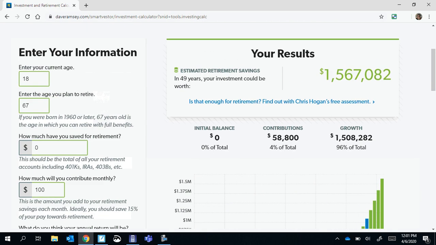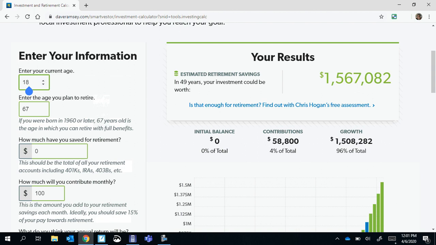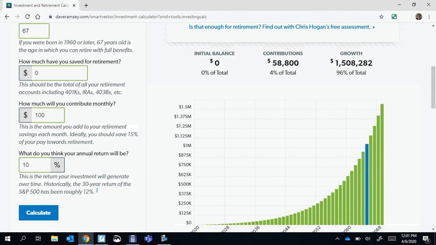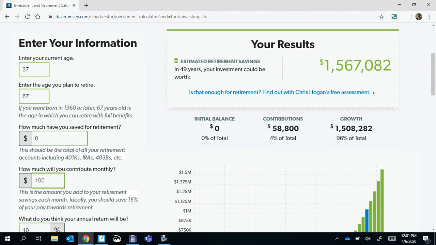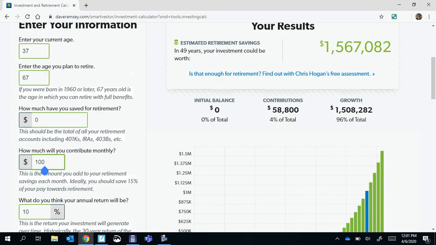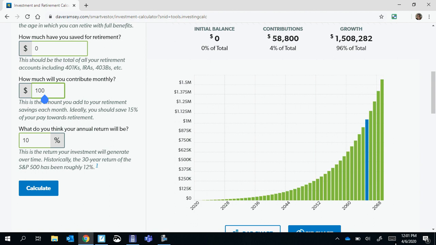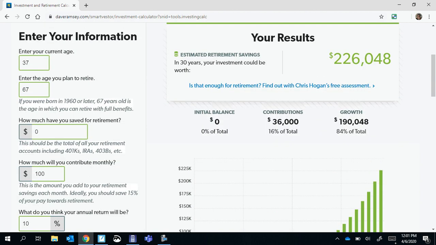Now, if you're old like me and you haven't started this yet, it doesn't work out that well. Let's see, I'm almost 37 next month. So we'll go with that. But if I don't have any money right now and I start this, it's not going to work out that well, because that's only 30 years, and we looked at the 30-year thing already. It'd be too late for me to start out at that. I'd have to make bigger contributions monthly, or maybe already have something saved,